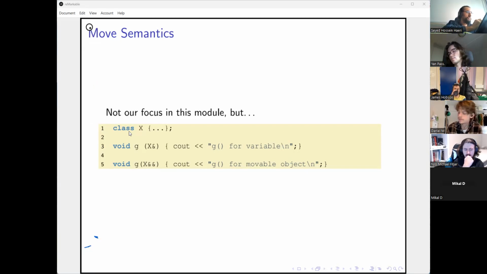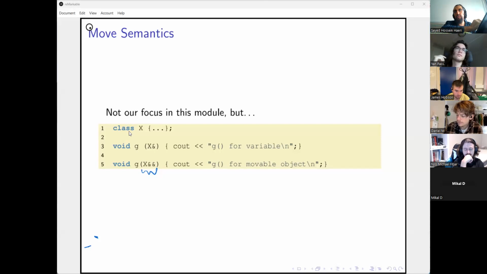Now, this syntax is called an augmentation, right? This is saying that the instance of X which comes to this overload of G has agreed that at the point where it's being called, it will be invalidated.